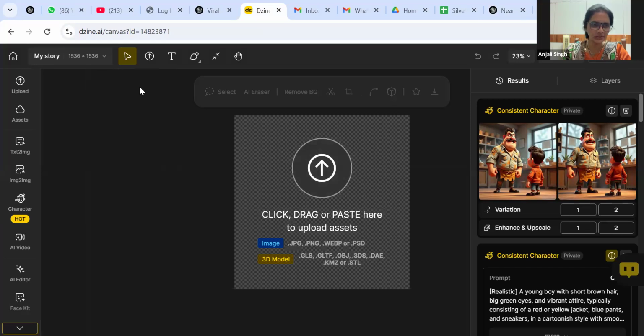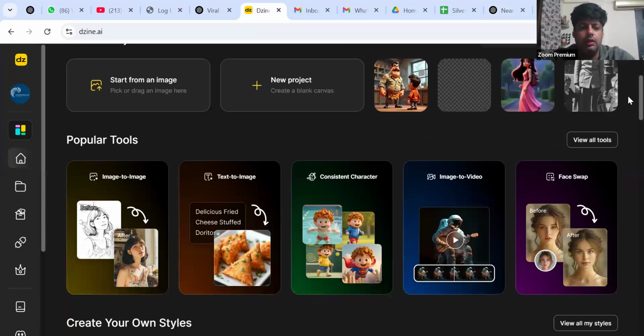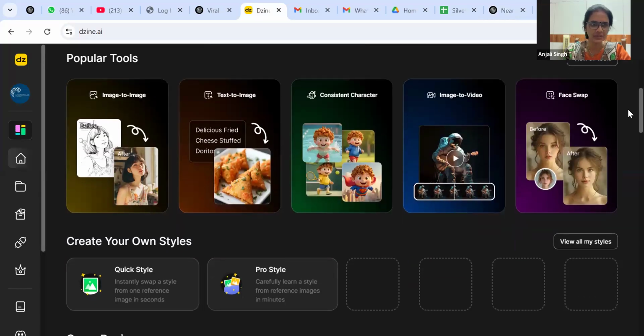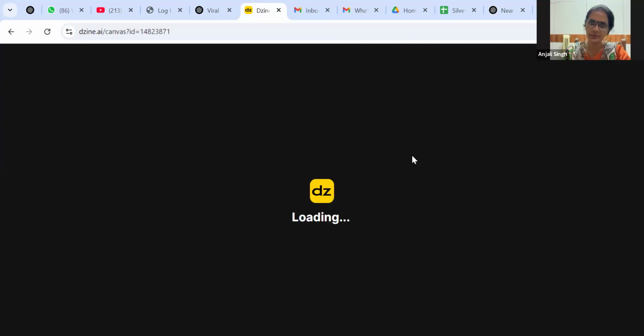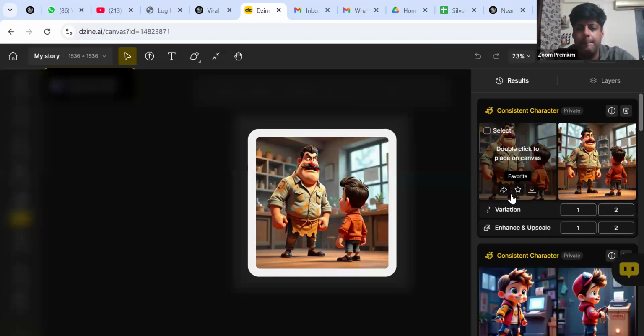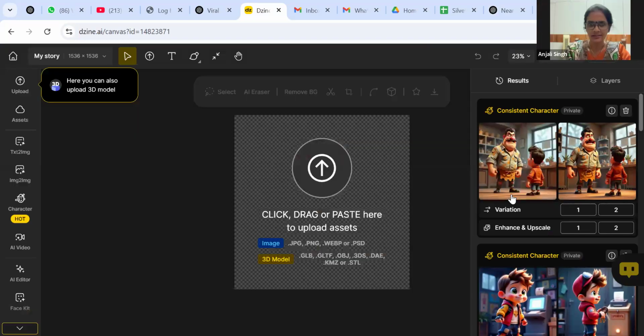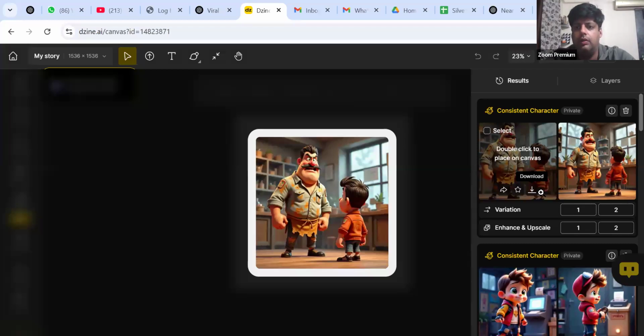Just upload any image. Open any image that you have already generated and want to download. Any image. Okay, this is the image finally. I want to download it. No, no, just right click on the image.